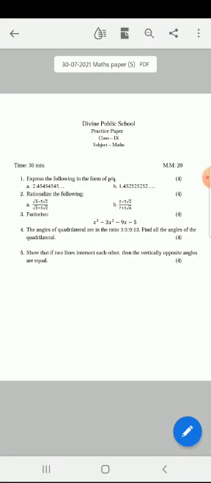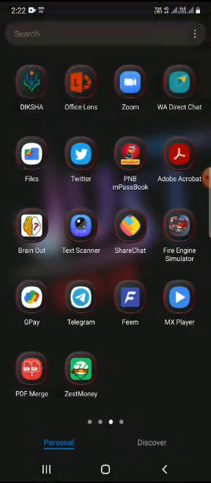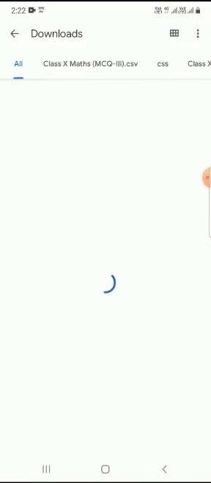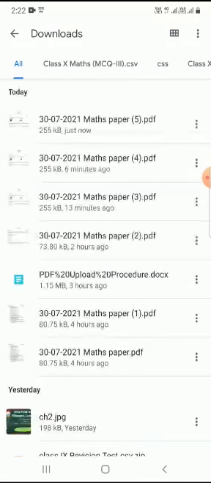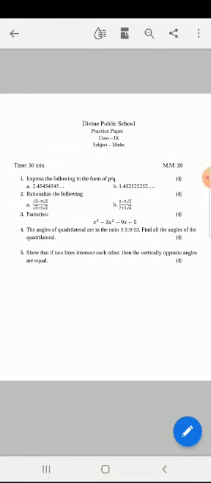Sometimes it may happen that it is not visible to you the first time. So you need to go to the file browser to see whether the question paper has been downloaded or not. You will go to the files, and in the download section, you will find your file downloaded. We'll click there, and again you can see the question paper from it. Now once you have seen the questions, you will start writing your answers in the answer sheet.